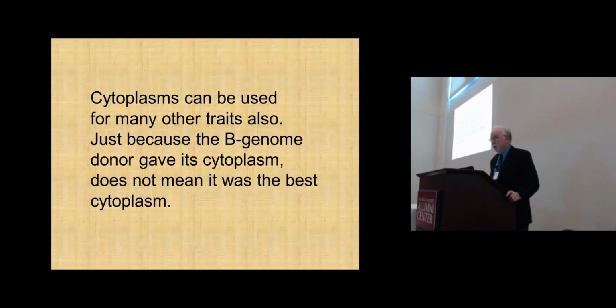In fact, there was an old paper by Bob Bush. I don't know, do we have anybody from Minnesota? Okay, the Minnesota table. Bob's now deceased, but you probably heard stories. When he was at North Dakota, he showed that Triticum timopheevii cytoplasm actually had higher yield than the aestivum cytoplasm in alloplasmic lines, which would be isogenic lines but for the cytoplasm. So maybe timopheevii is one we should be looking at.